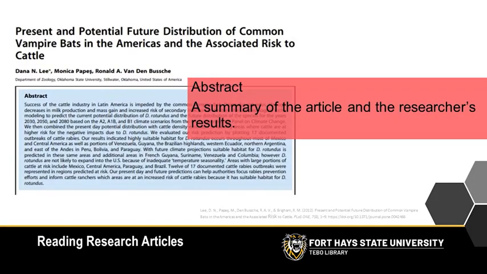The abstract. The abstract is a summary of the article and may include an overview of the researcher's results. Sometimes the article's title can be misleading, and the abstract can clarify whether the article really aligns with your topic. You may be able to read the abstract right from Forsyth Library or the database search page.